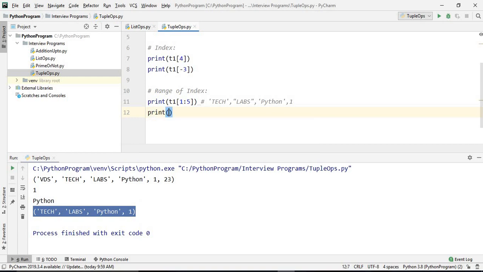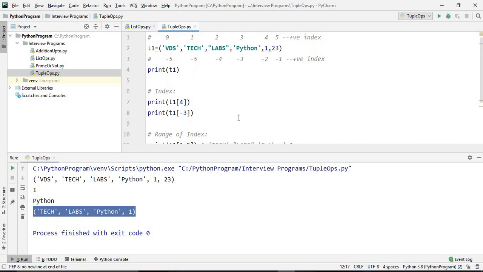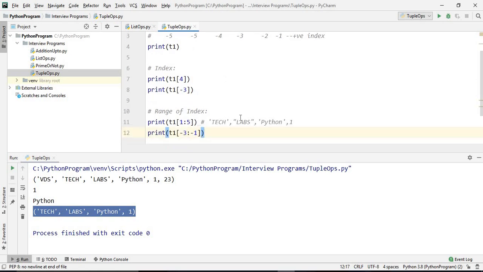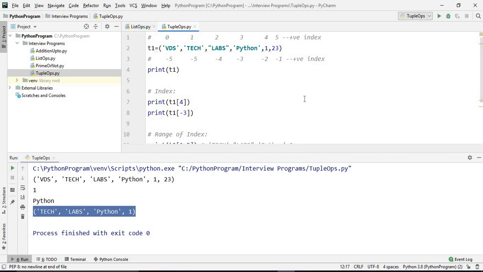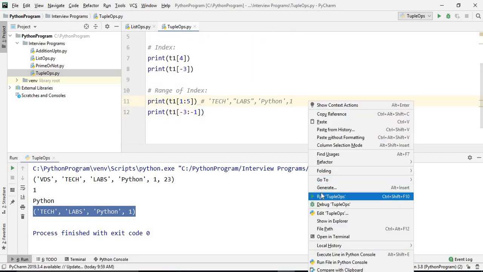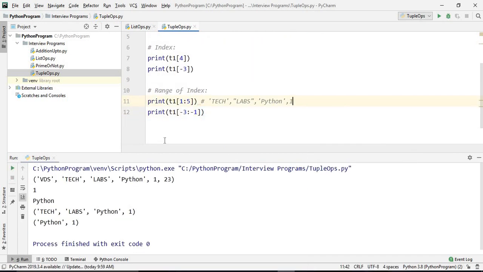We can also specify a negative range. So print T1, and for the negative range let's take -3 to -1. Let's first print this one, then we analyze what it will print. Python and 1.